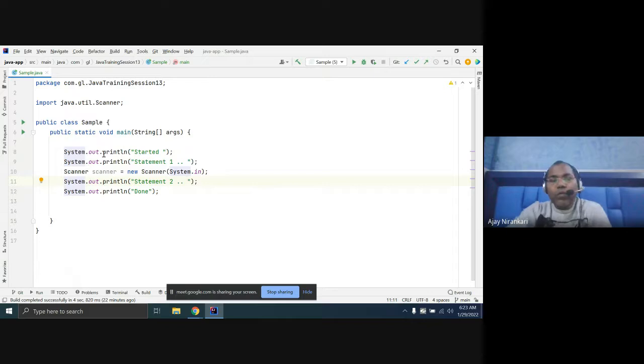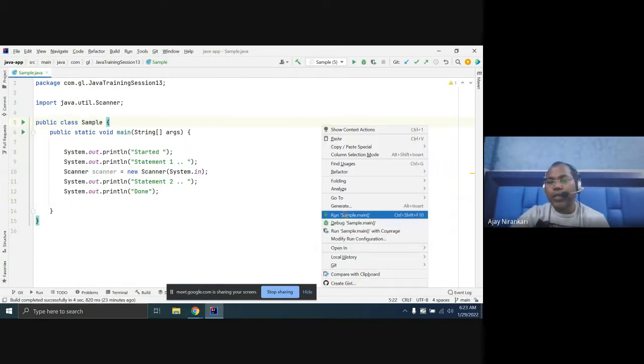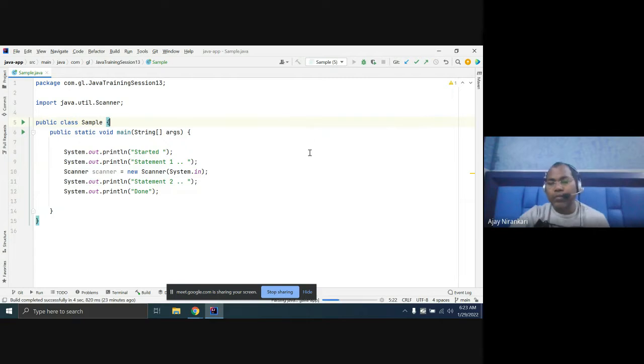Whenever you run this code, our expectation is that first this line runs, then this line, and then this line, and after that this should be closed. This is our expectation. Let's run it and notice what is happening.